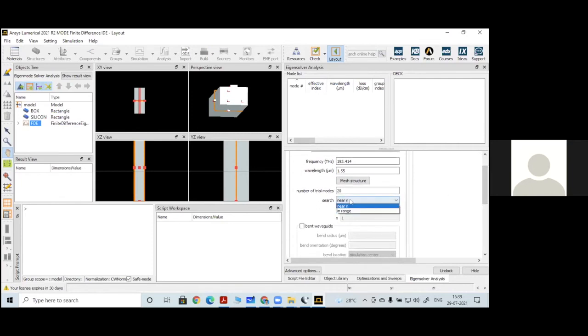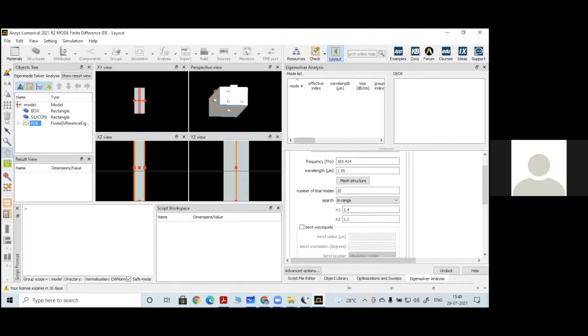Now here, see where we have to search the mode. So this is very important. Now I have to give the range I have to look into. Now I know that the silicon and silicon dioxide refractive indexes are: substrate refractive index is around 1.5 and your silicon will be around 3.6. So I have to always remember the effective index will be lesser than the highest refractive index and greater than the least refractive index present in this particular structure.